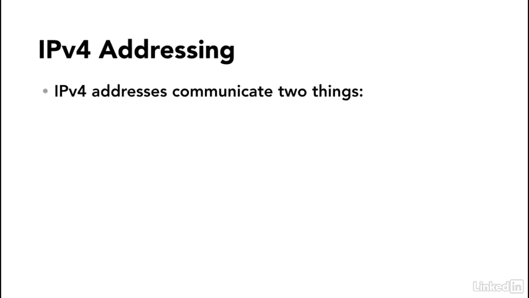An IP4 address communicates 2 things. It communicates what network it is part of, and also which host on that network is using this address. A host would be any machine, any computer, any device that is part of the network. The left side of an IP address, in other words, the beginning of the IP address, always tells us about the network, and the right side of the IP address, in other words, the end of it, tells us about